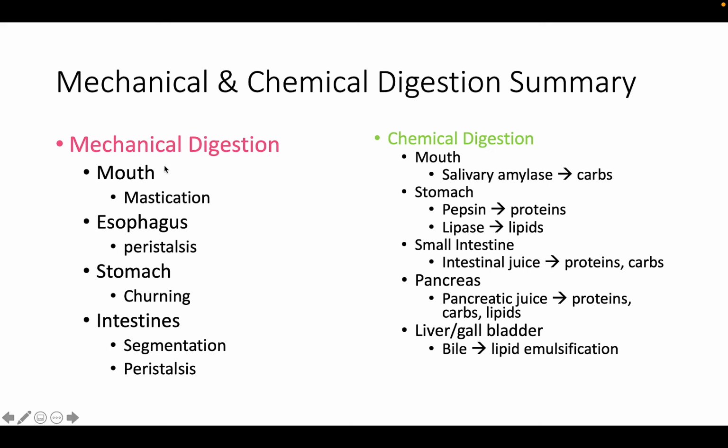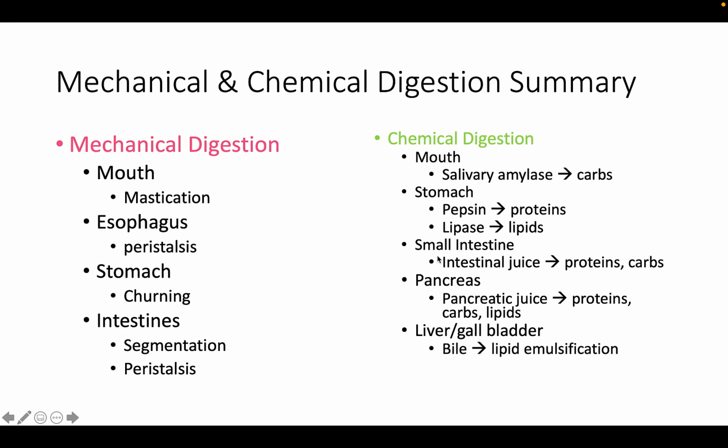So when it comes to mechanical digestion, we have 4 different regions of the body that are involved. The mouth with mastication, the esophagus with peristalsis, the stomach with churning, intestines with segmentation, peristalsis, and then chemical digestion, we have the mouth, stomach, small intestine, pancreas, and the liver and